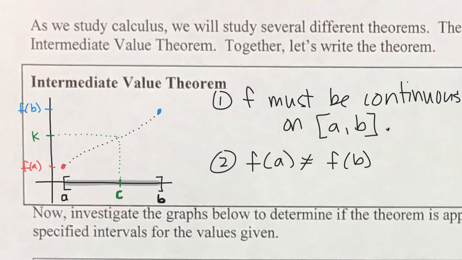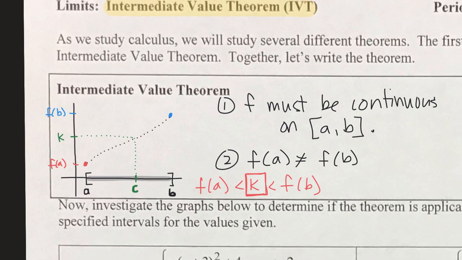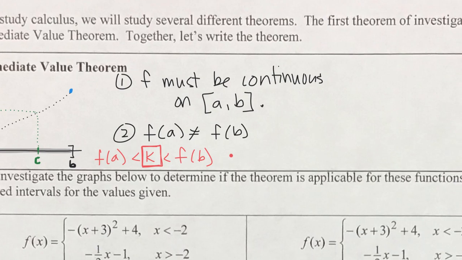As long as they're not the same, that's the key here for your conclusion. The conclusion is that there is a k value in between your two given y values. There is a k in between here because it's intermediate. This is the intermediate value that we're talking about. There's a k value here such that